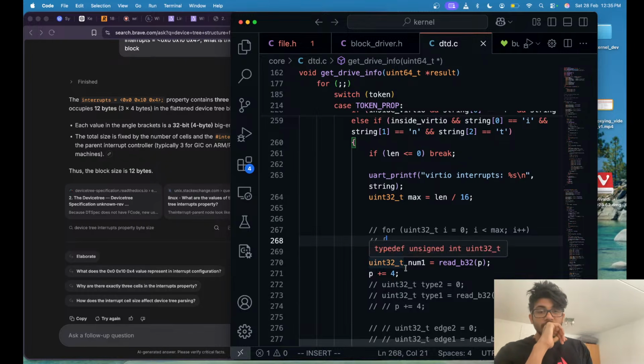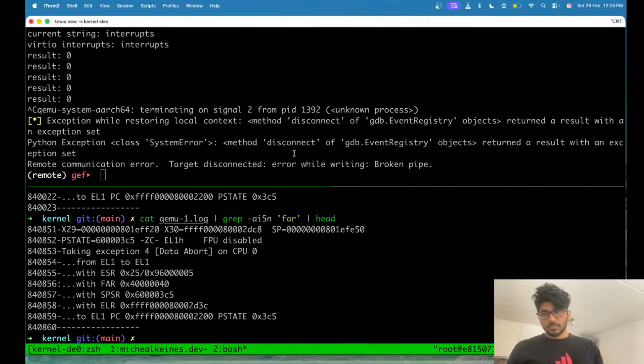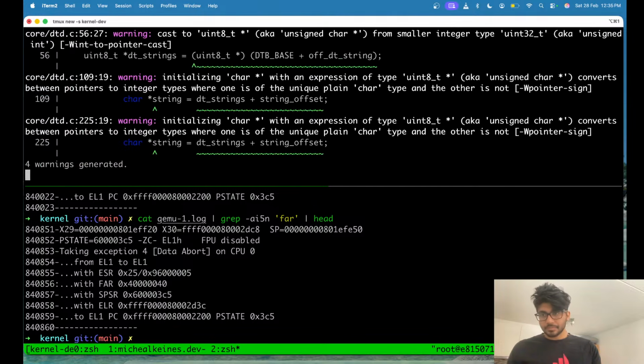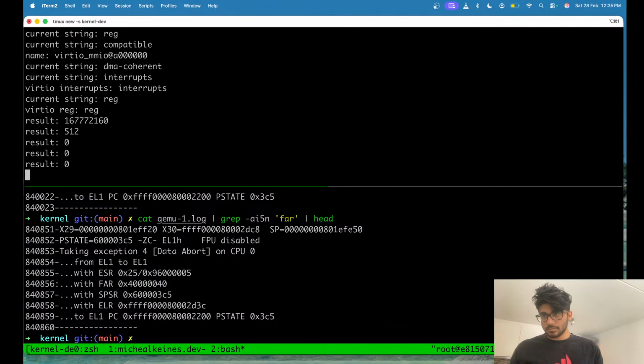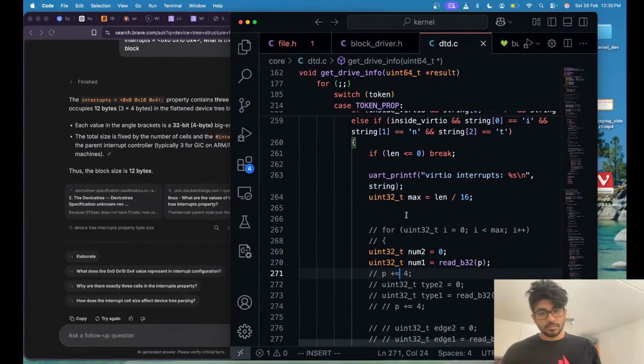If I don't read it, if I just don't read it, then it's working. If I read 32 bits out of it,